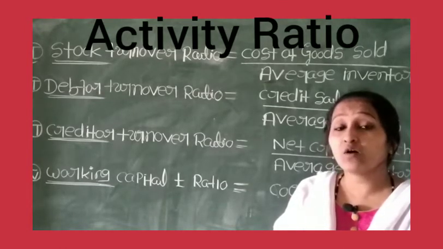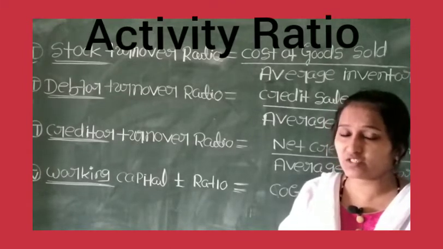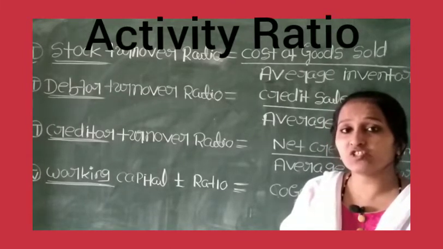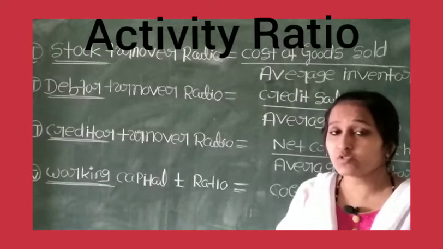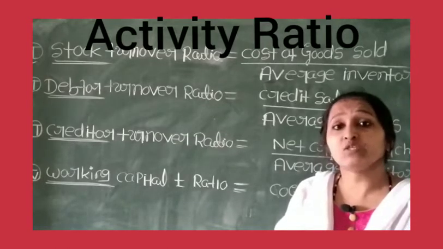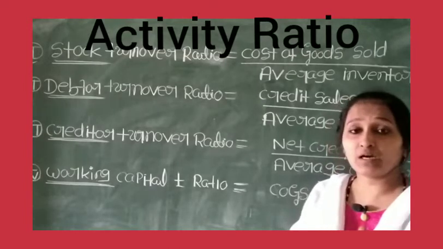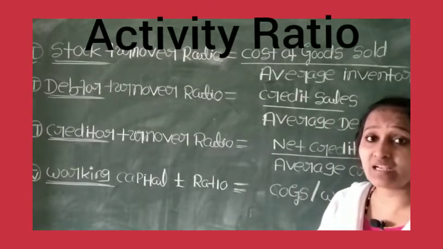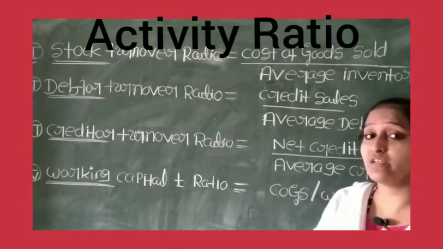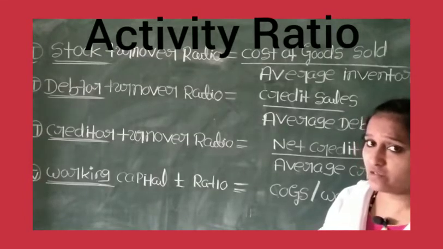Right? So how is the stock used by the company for smooth functioning of the business? Stock turnover ratio tells you how many times the company sold its goods to the people, how much reached the customer, and at the end, how much is still lying in the warehouse. At the end of the year, we will come to know this with the help of this formula.